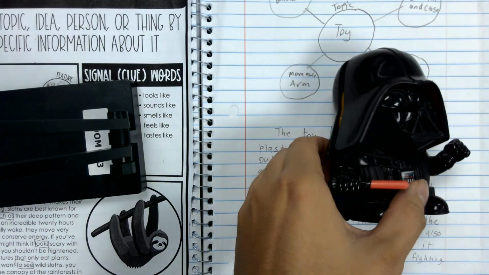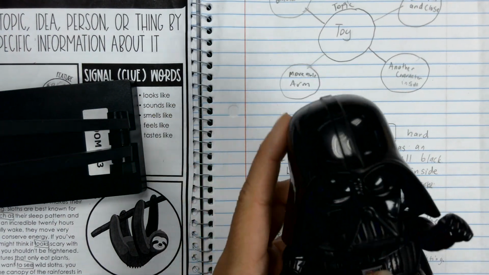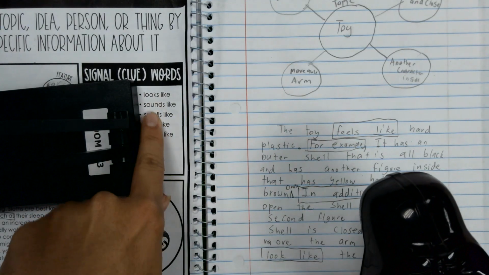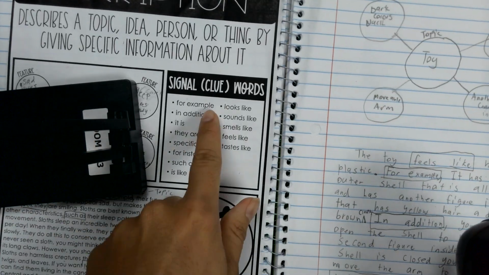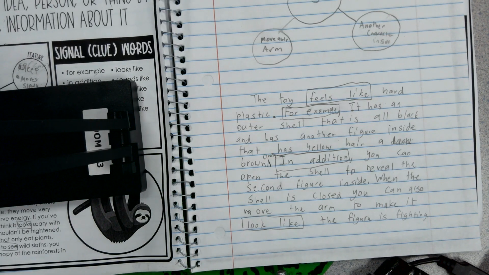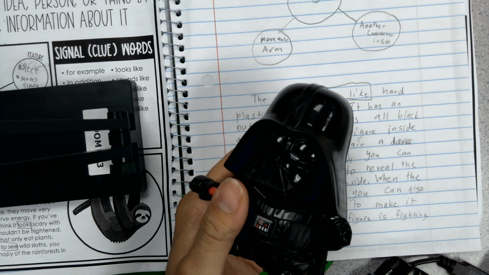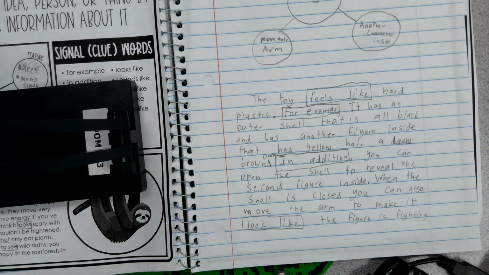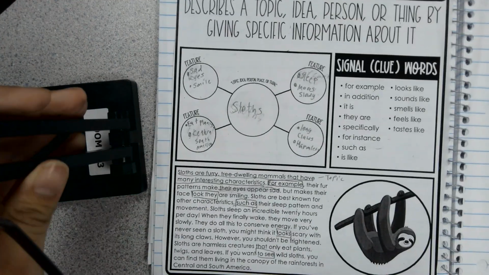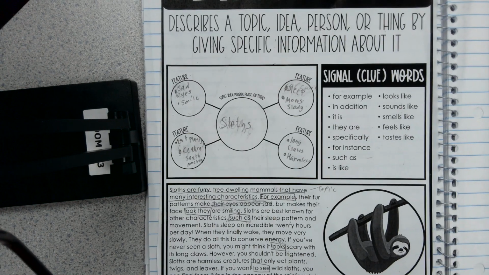They could not say what the toy was, but they had to make a description about it using some of their sensory details, as you can see, and using their signal words to write their own nonfiction text. So nonfiction texts can help you describe something in real life in your writing and read more about a single topic, whether it's about sloths or a new sport that you might want to learn about if you don't know the rules of it,